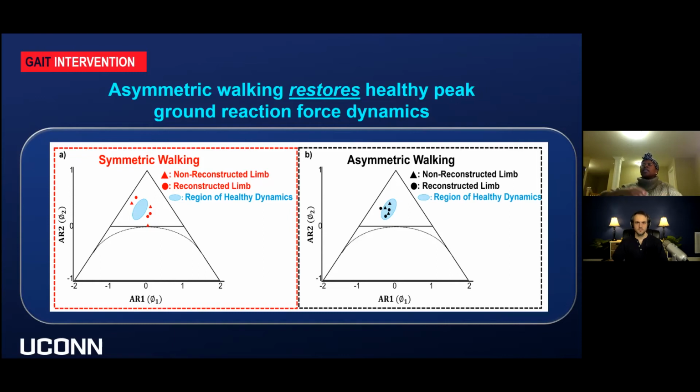So you're not seeing large oscillations or large changes in their peak forces. You're not seeing these large oscillations in their dynamics, and so they're having more of a stiffer gait. As they're walking, you're not going to see these large deviations in their peak ground reaction force patterns. However, if you're getting towards the edge of the triangle, towards that outer region,